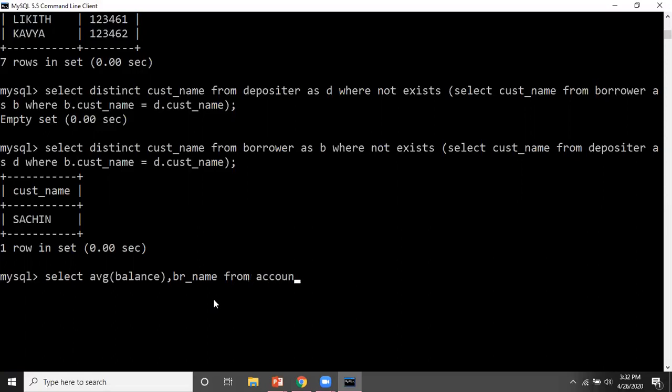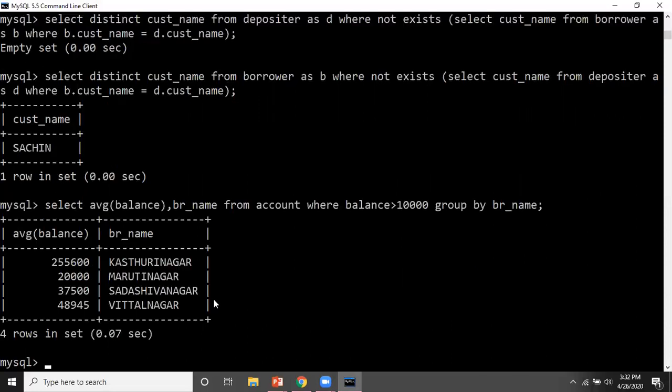Here is the table name, accounts, and I have to give a condition, and the condition is balance is greater than 10,000. Okay, and I will group it on the basis of branch name, so group by BR underscore branch name. When I do this, it will show me all those branches whose balance is greater than 10,000.